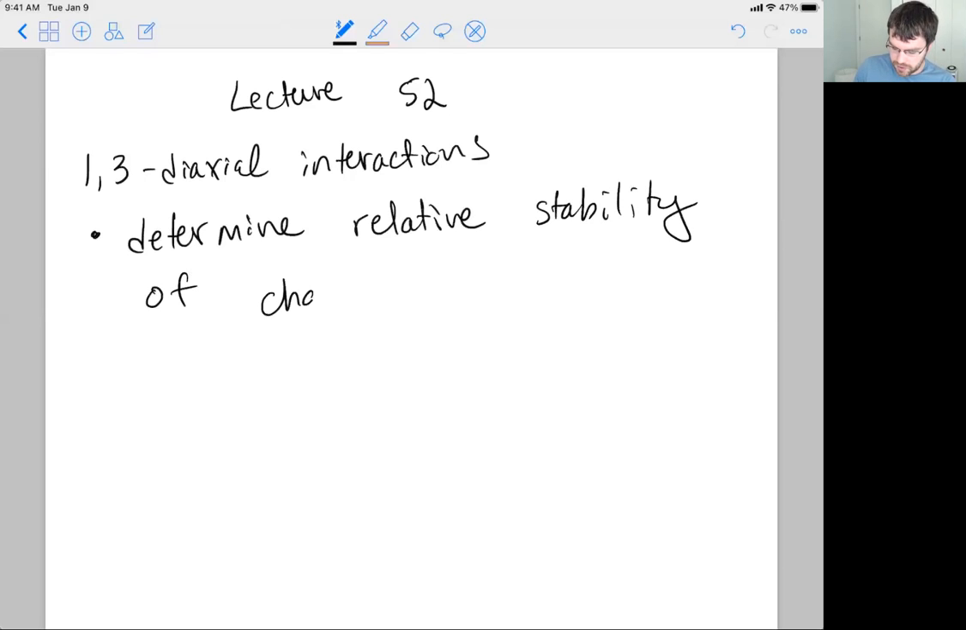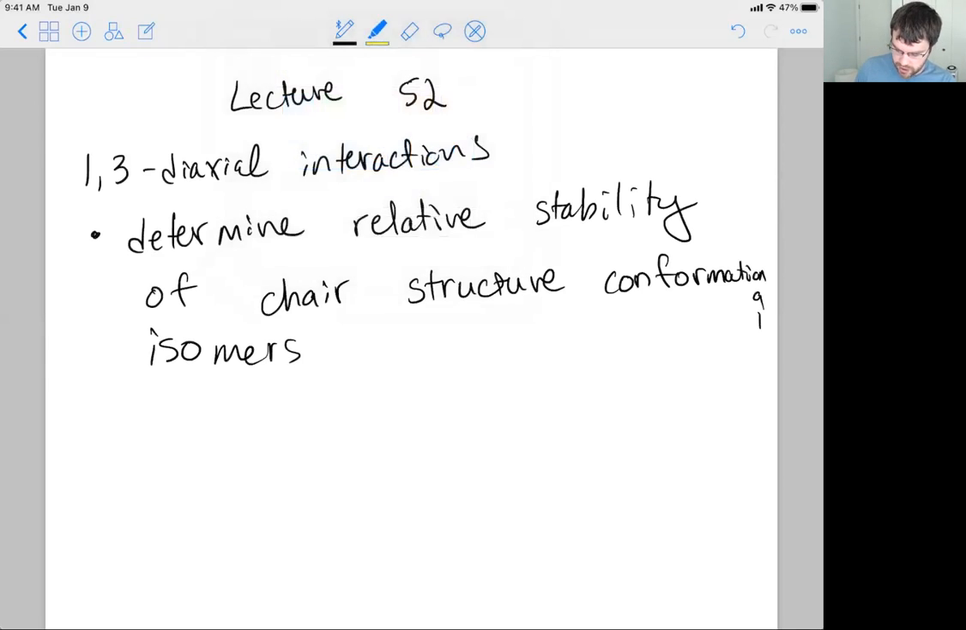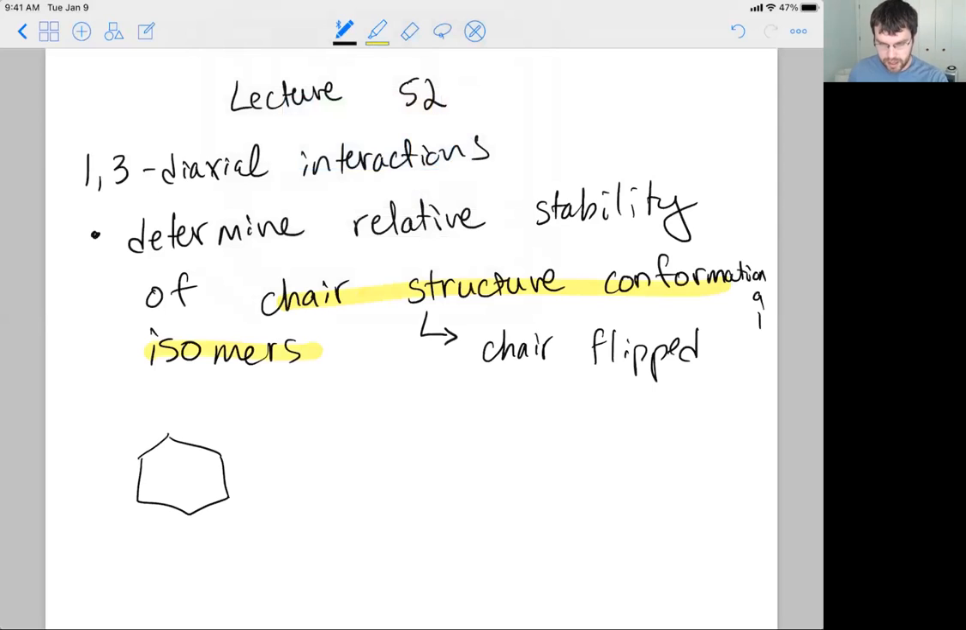In particular, it's chair structure conformational isomers. Chair structure conformational isomers are just chair flipped structures. So we have two structures, and the way they differ is a chair flip. Another way of saying that is to say that they're conformational isomers of each other. So for example, if we look at